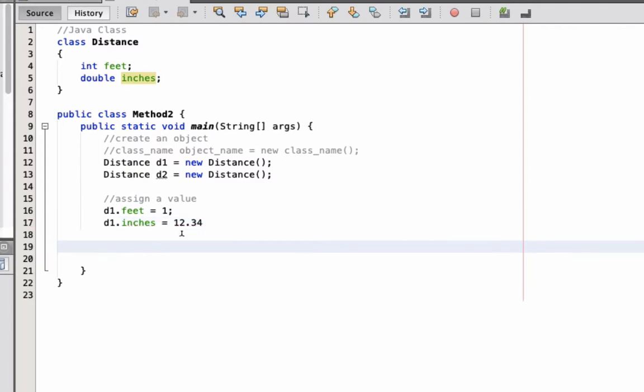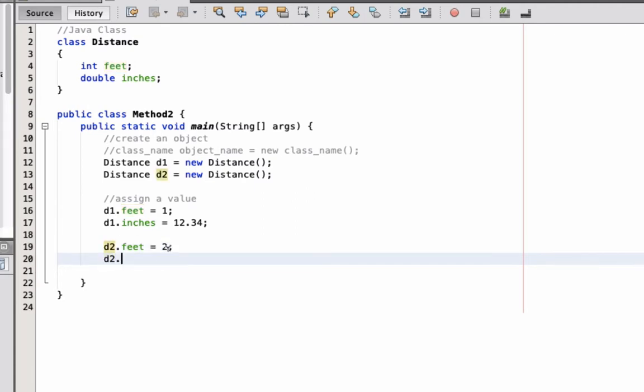Next is let's also assign a value for our D2 object. D2 dot feet is equals to 2. Oh, sorry. And then we have here D2 dot inches is equals to